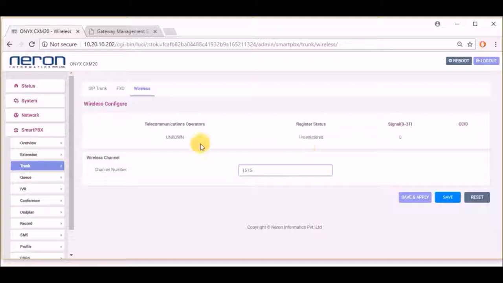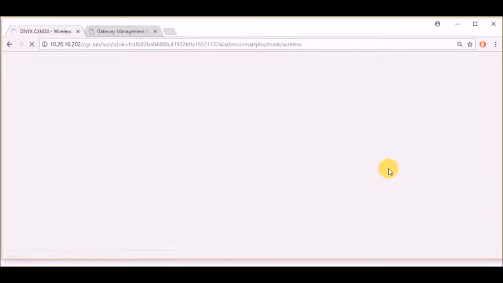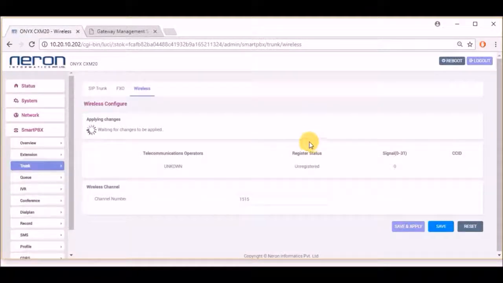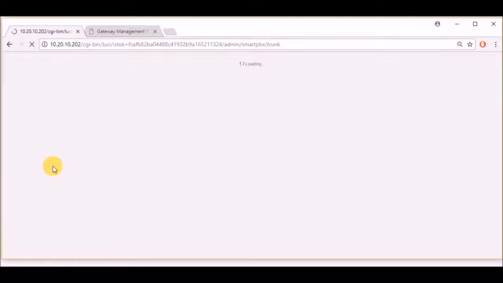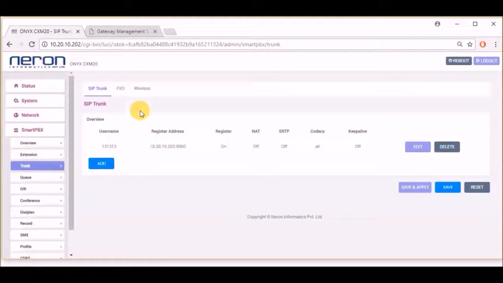After inserting your SIM, you can see your telecommunication operator's name here, the registered status and your signal strength. So I'll just create the channel number and save and apply. So both of the trunks are ready.